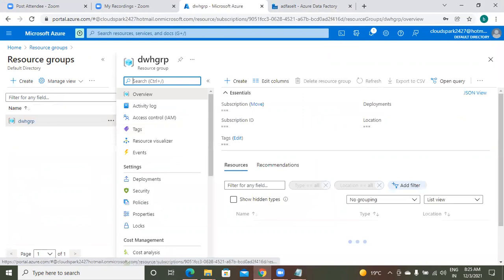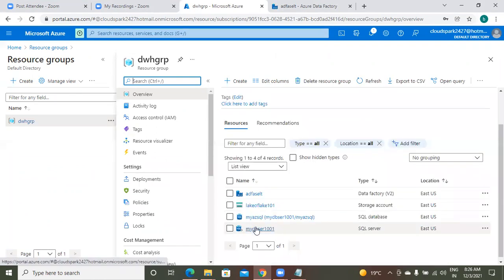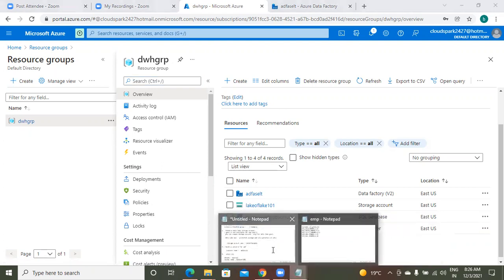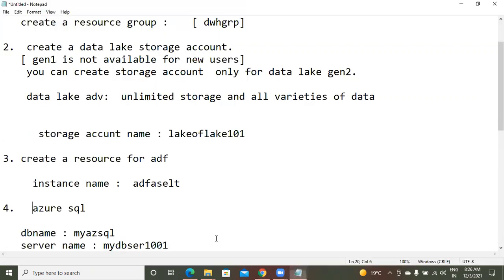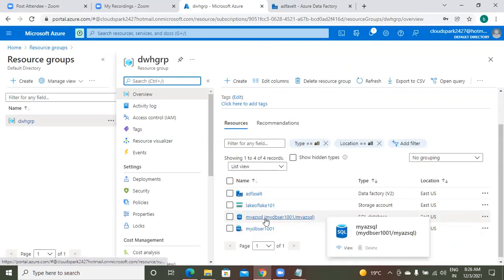What DB name have we given? MyDB. No, this is the DB server. Is the name My Agent SQL? Please check. I'm just launching that. Just click on that.